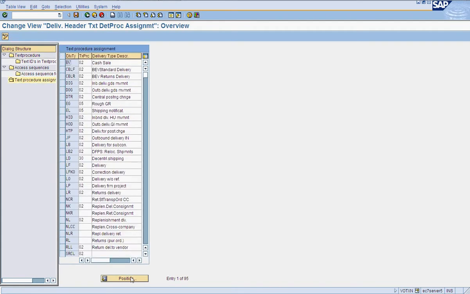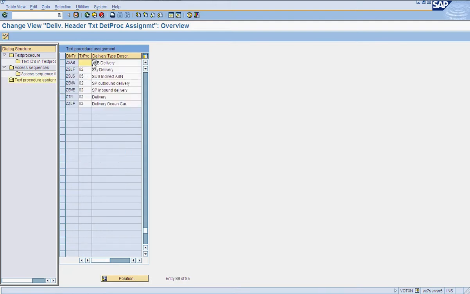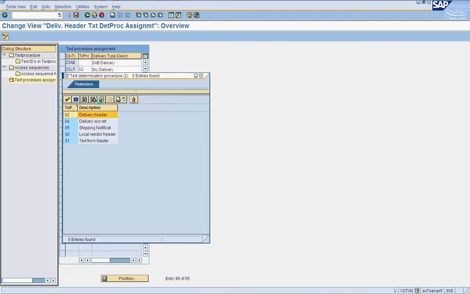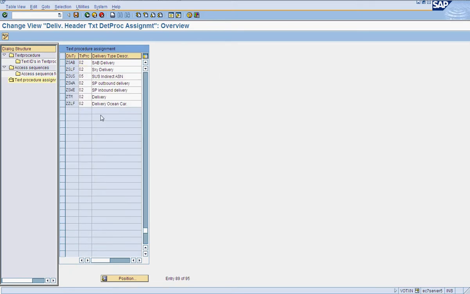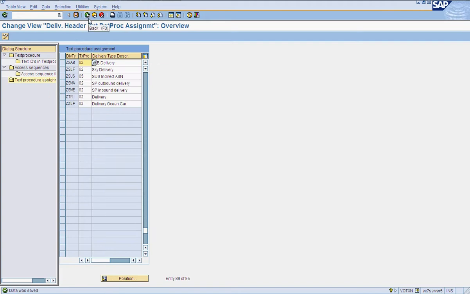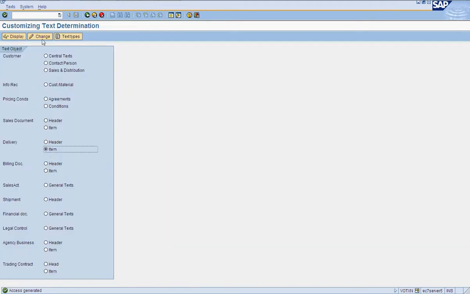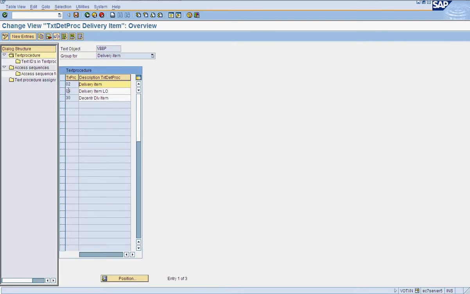So let's go to our delivery type and assign it to delivery header as the procedure and save it. You can define it for item category also, any text if you want. Let's do it for item category as well.